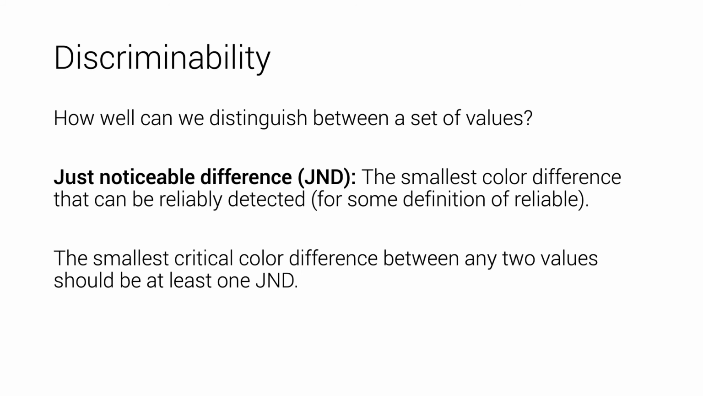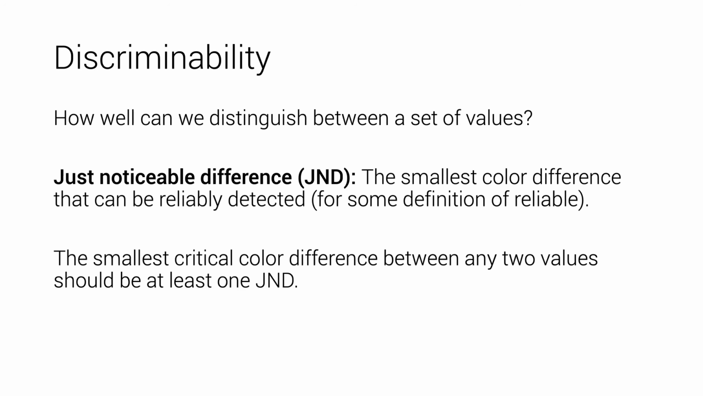So when we're talking about discriminability, we're really talking about this question of how well can we distinguish between a set of data values. Core to this idea of discriminability is the concept of a just noticeable difference, or JND. A JND is the smallest color difference that can be reliably detected. Granted, this depends on your definition of reliable, but typically speaking, reliably detected means that it's detected between 50 and